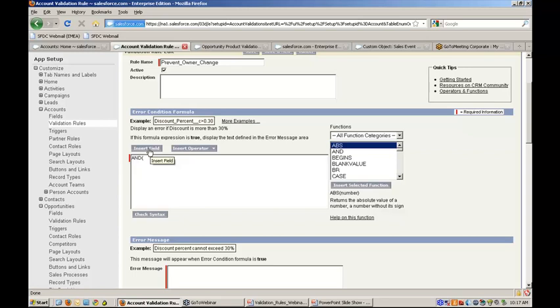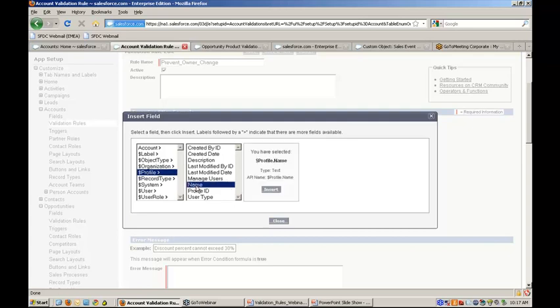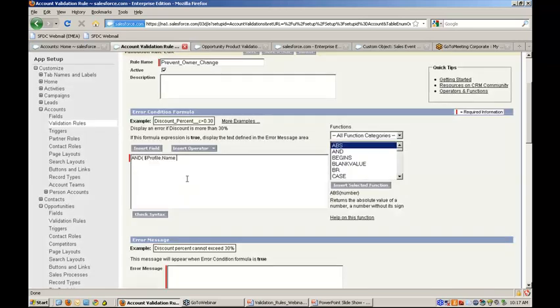The first thing we're going to do, as I said, is check the current user profile that's logged in. So we're going to use this great little picker tool, scroll down to Profile, and see what the profile is of the person that's logged in. We're going to pick Name and say insert. So if the profile of the user that's logged in is not the sales manager,